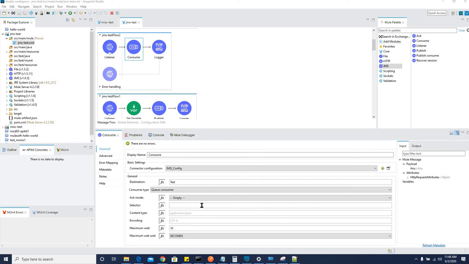Hi, today in this video we are going to talk about the consume operation of the JMS connector. There are two options we have: consume and listener, for consuming a message from a queue or a topic. The difference between them is that with consume we have to